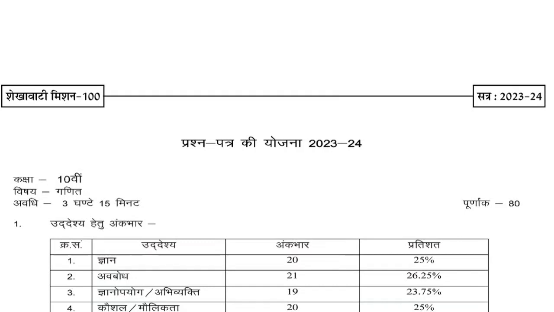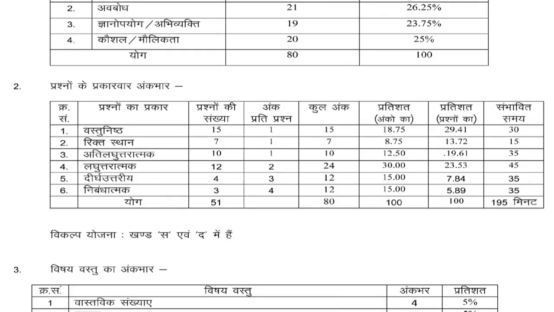Now we start the explanation of the exam paper scheme 2023-24 of Class 10th Mathematics. The paper timing is 3 hours and 15 minutes and the maximum marks of this paper is 18. In this paper, 6 types of questions are there. That is objective type questions, fill in the blanks, short answer type questions, medium answer type questions and long answer